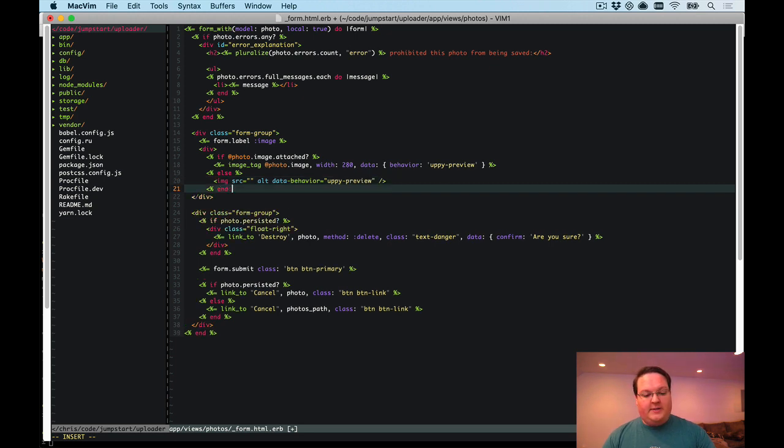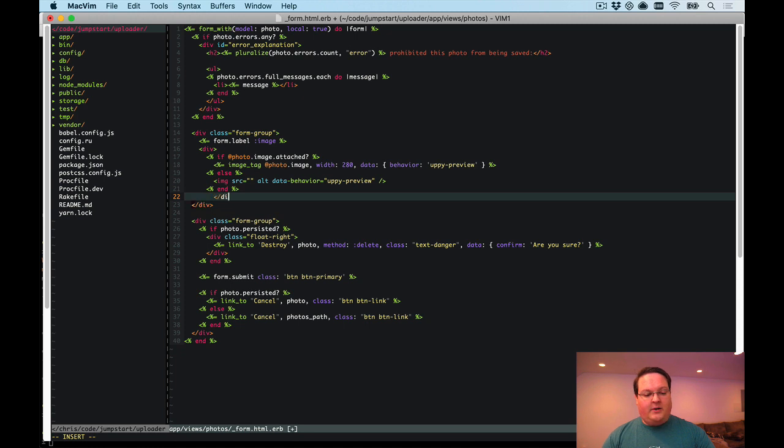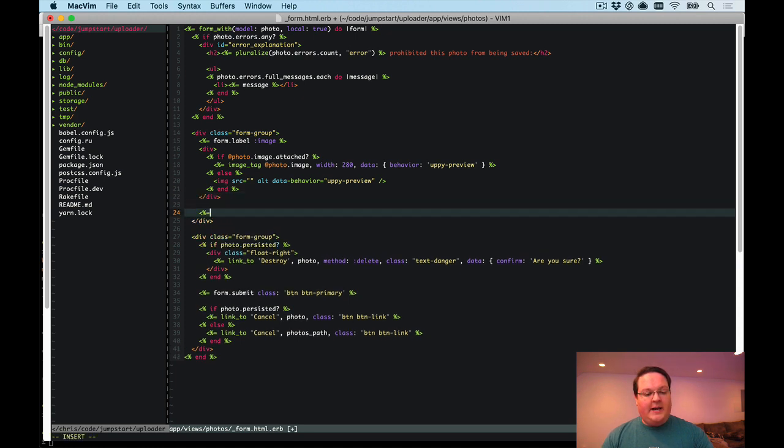So then we can close that, and we can close our div here, and then we can add a link to upload a new photo instead of a file field. So we'll link this nowhere, but what we will do is say data behavior is uppy-trigger, and that we will look for in the JavaScript